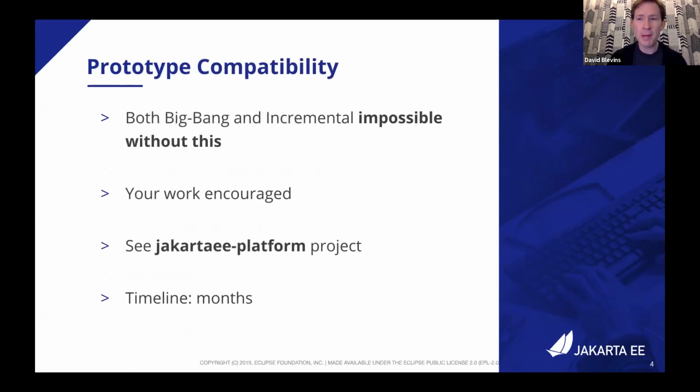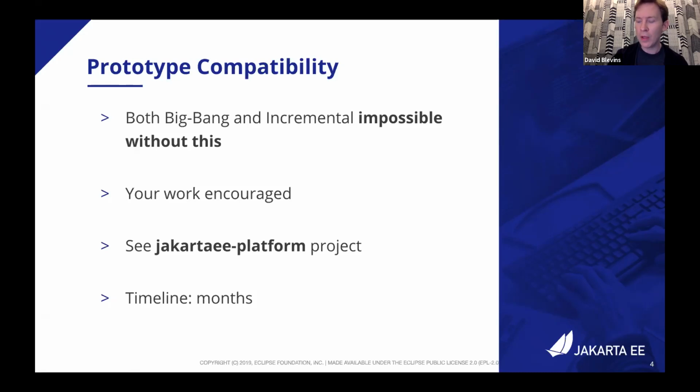One, prototype and compatibility. Big Bang or incremental are completely impossible proposals without the compatibility being proven. We knew that going into the proposals, but that still seems to be a comfort factor for people who are voting or leaning towards an incremental side of the fence: that if the tools were proven to be stronger, their appetite for being more aggressive would be higher. And so I think one of the major things preventing a unanimous decision is proving out these compatibility